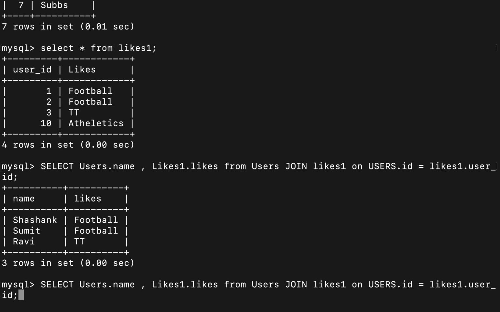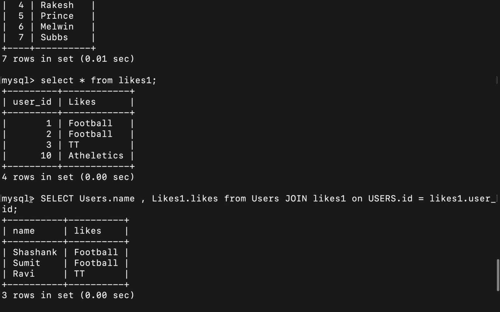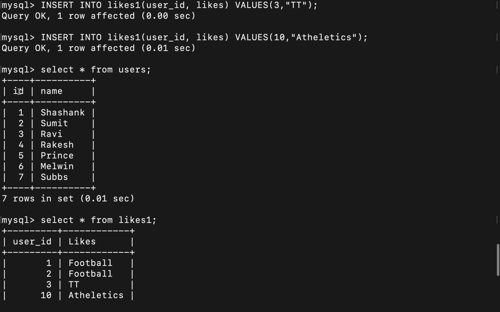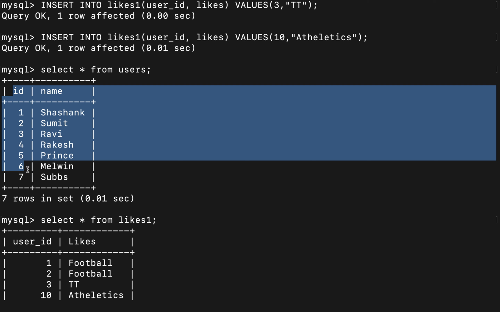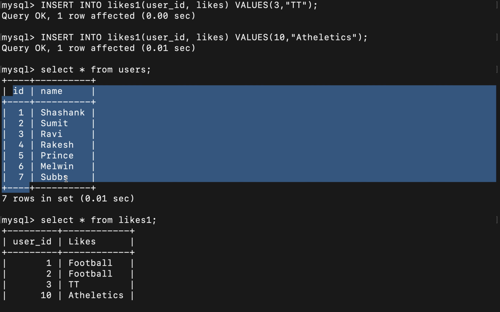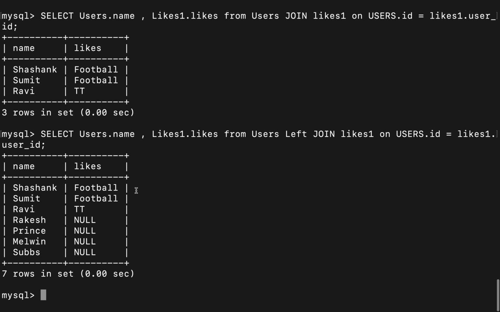Let's talk about left join and right join. Let's say I am writing left join. So left join means it will include everything from the left side, right? Left side means ID. So it's including everything.